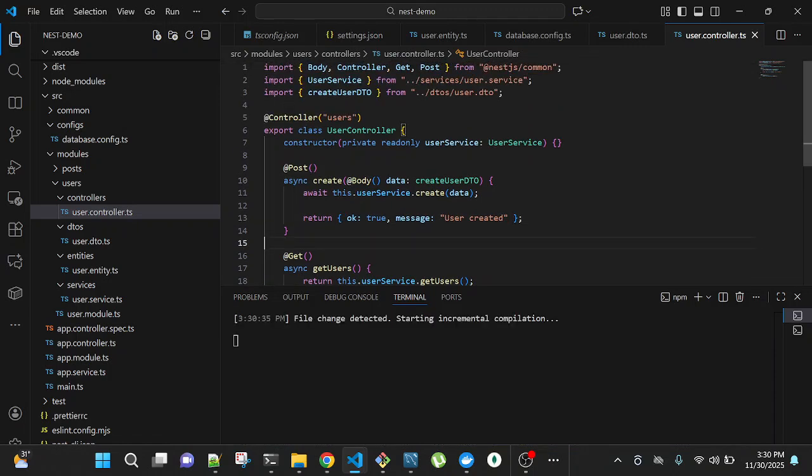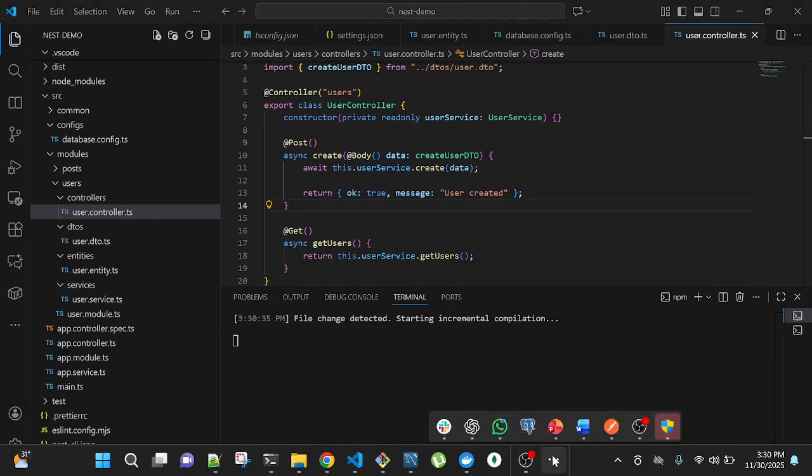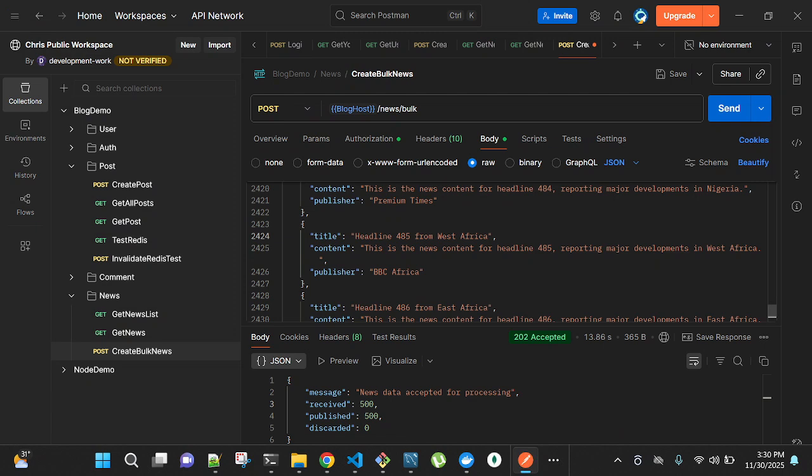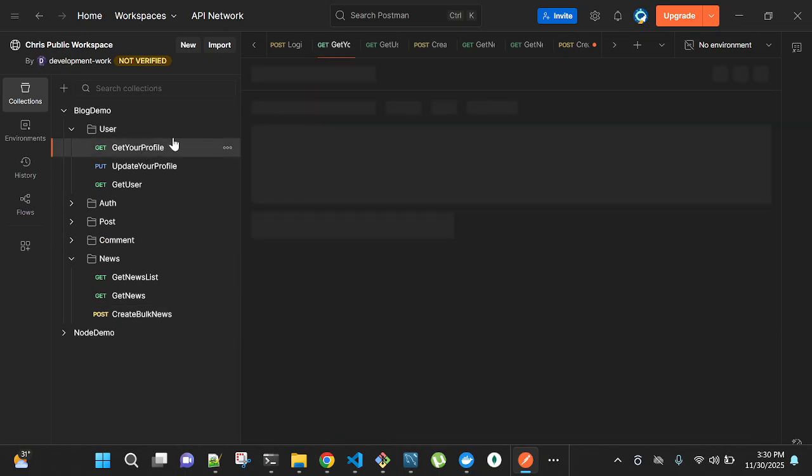So guys, this is it. We need to create and get user. Let me go to Postman and just connect. We're still going to use this same directory because it's still the same port. Everything is running. So we just need a create user request here.